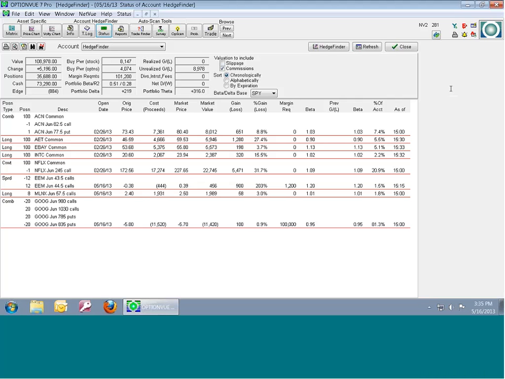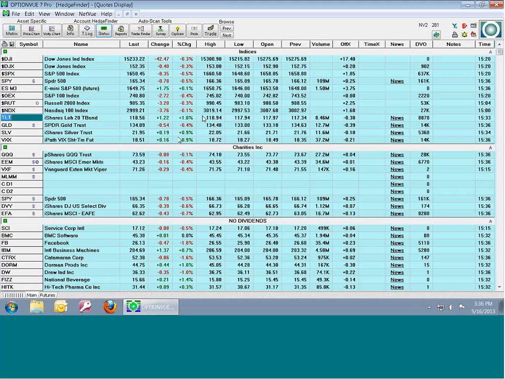Sorry, I saw David just asked a question, what was the last tab I opened? And I'm not sure what he's referring to. Because I had been in the quotes display, and then I closed BackTrader, and then came back here to the status. I'm still not exactly sure what David's asking, but